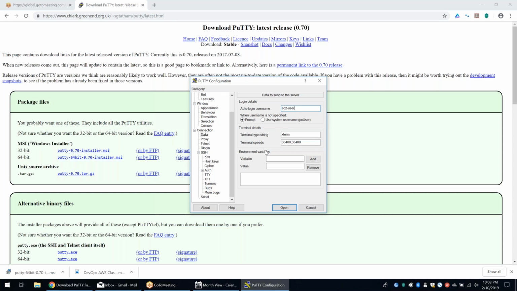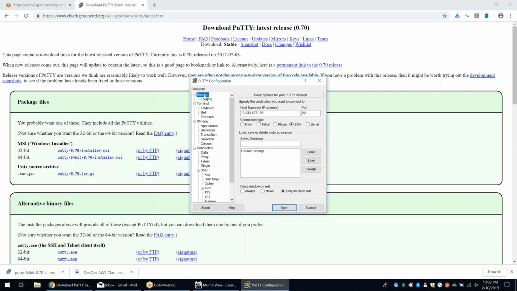Now on the left side scroll up and click on Session on top. Here you have given the IP. Under Saved Sessions write down demo server. Basically you are saving your server profile.